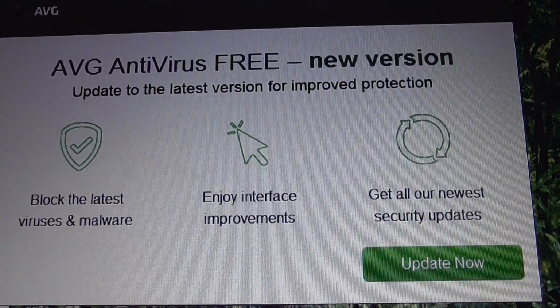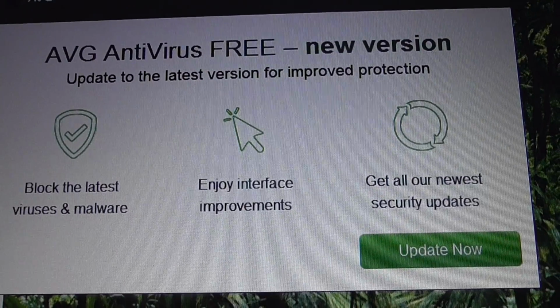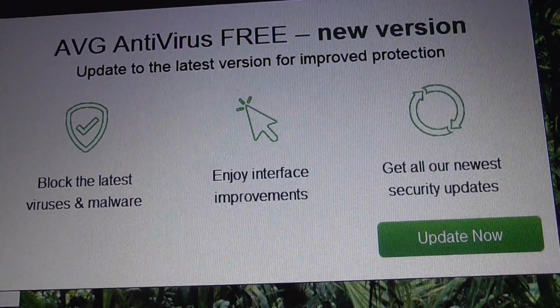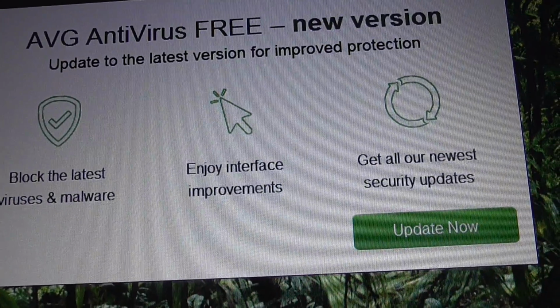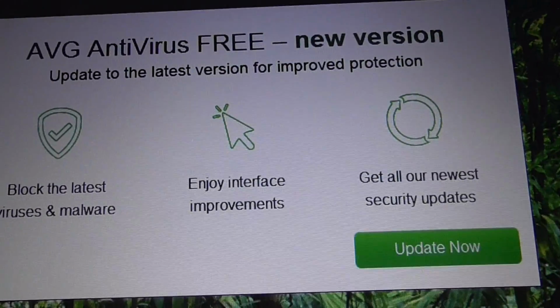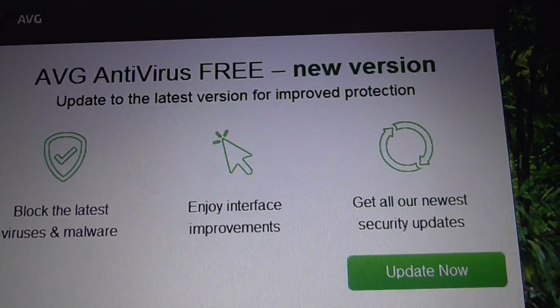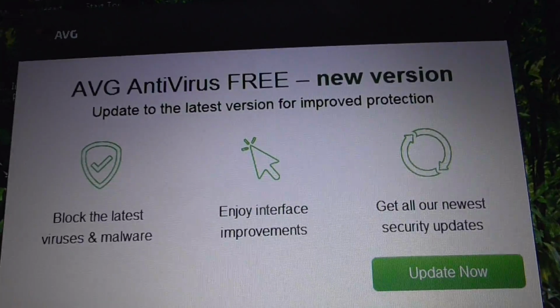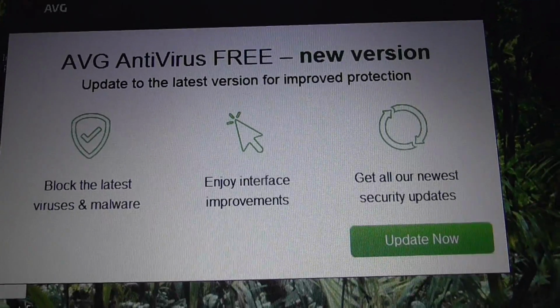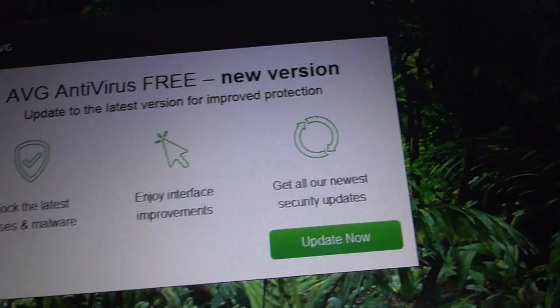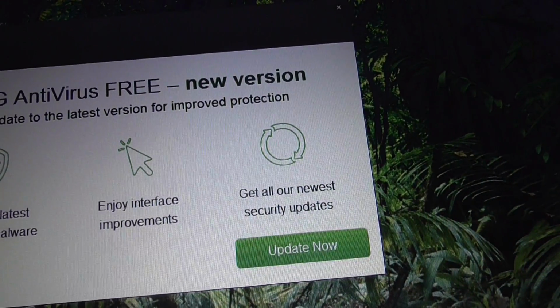Now, I've only installed AVG very recently, since I switched from Avira because that had a problem and doesn't update anymore. And this is really confusing because I've only installed AVG what seems like just a few weeks ago. Now they're telling me there's a new version. I'm suspecting this is just some junk pop-up that they send to everybody,